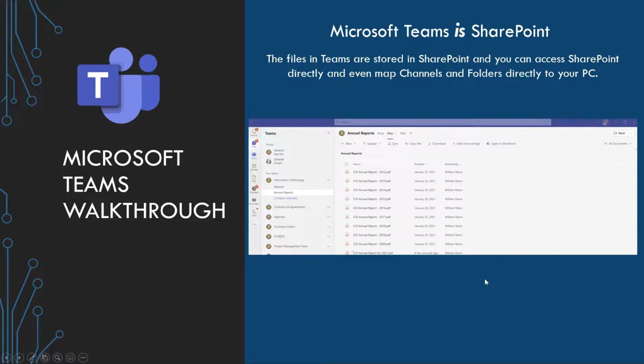Now I want to mention real quickly, because I get a lot of questions on this. Microsoft Teams is SharePoint. The files in Teams are actually stored in SharePoint, and you can access them through SharePoint directly, and even map channels and folders directly to your PC and use them as a regular file folder. So think of SharePoint as the engine, and Teams is the car that you're using, but the engine is still